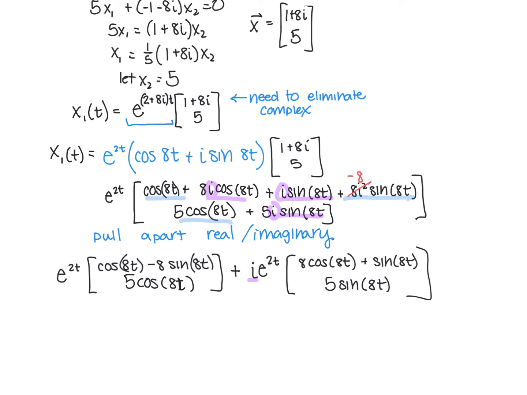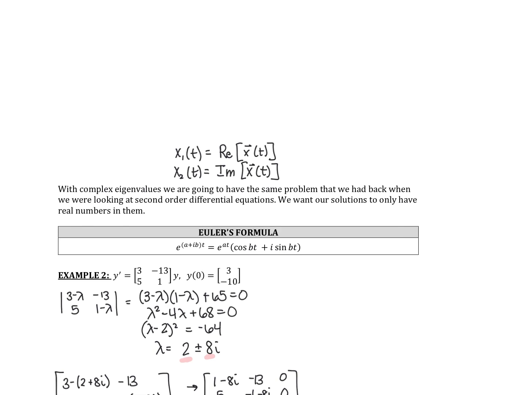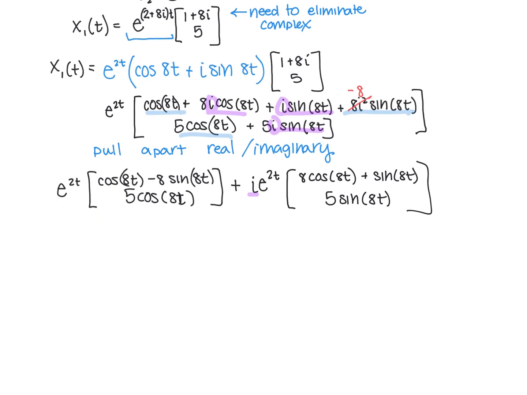These actually form our general solution. Remember in the beginning, we said our general solution needed to have a real part times some vector and an imaginary part times some vector. And that's my two solutions. So my general solution is C1 e to the 2t times that vector of cosine 8t minus 8 sine 8t, 5 cosine 8t,